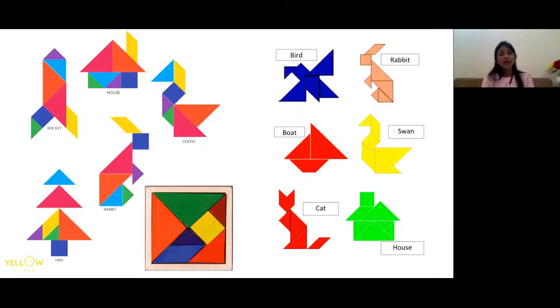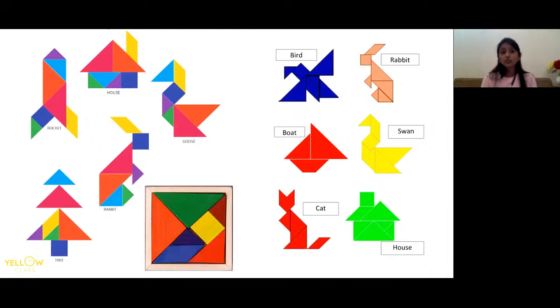It is Tangram. And as you can see, there are so many colorful pieces, or you can use the same color pieces also, like it is given on the right hand side. Okay, these are the same color pieces, or you can use different color pieces also. So, this is a puzzle which is very interesting and it is very good for you children. Yes, it is very, very much beneficial for you all because it helps in your brain development.